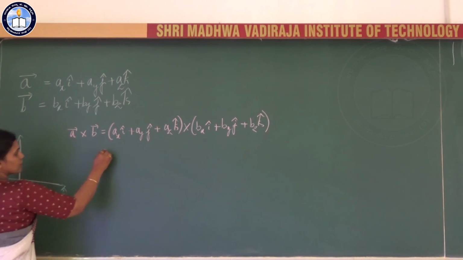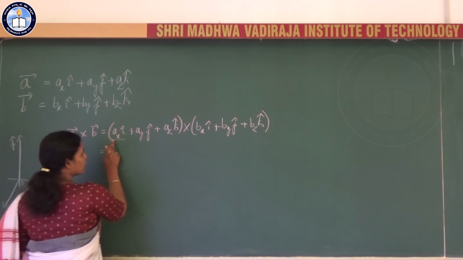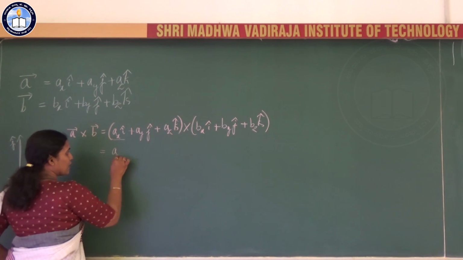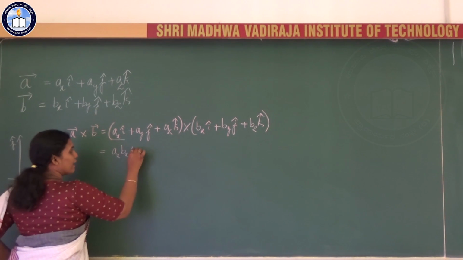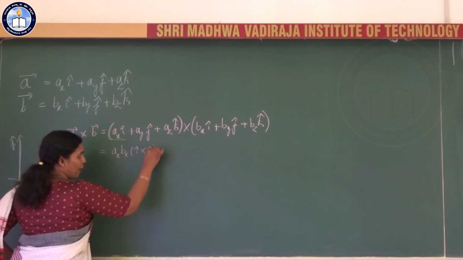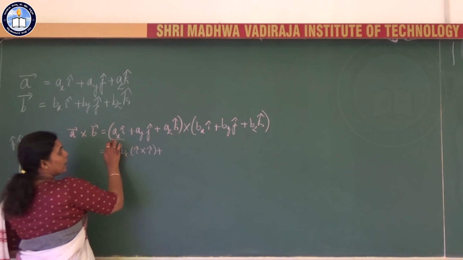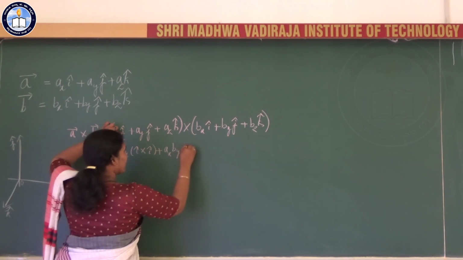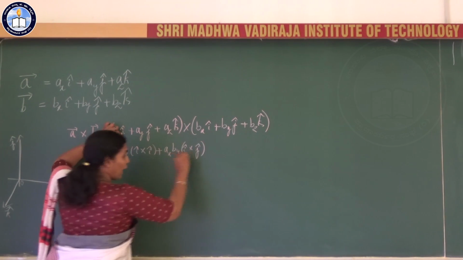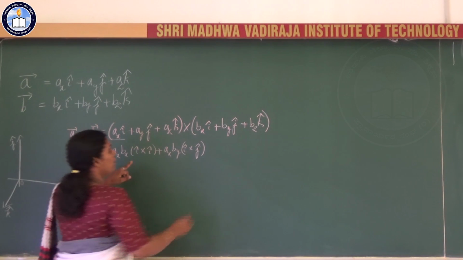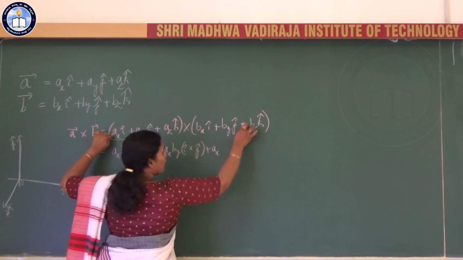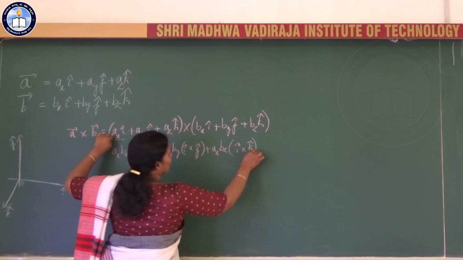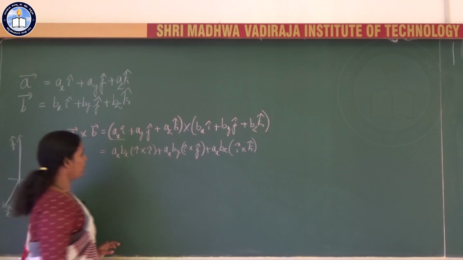So take Ax i cap into Bx i cap: Ax Bx i cap cross i cap, plus Ax By i cap cross j cap, plus Ax Bz i cap cross k cap, plus